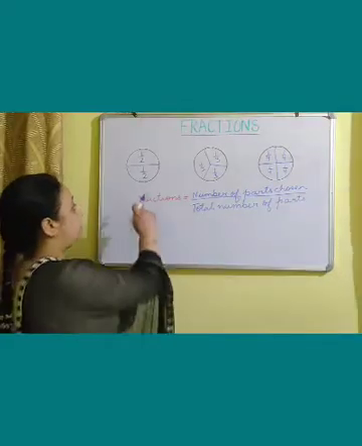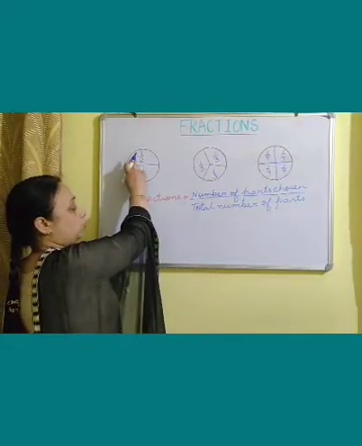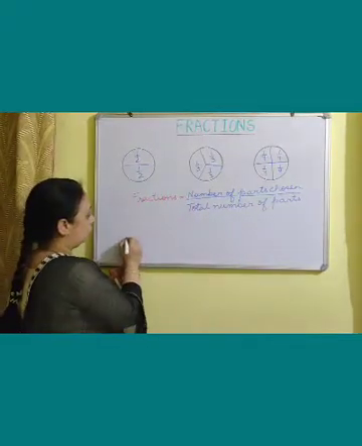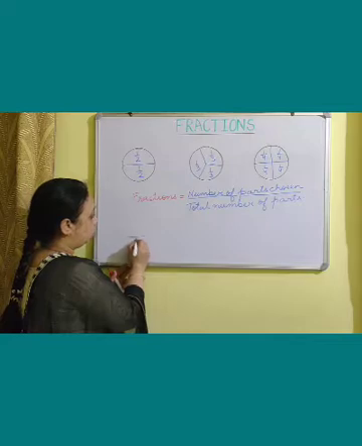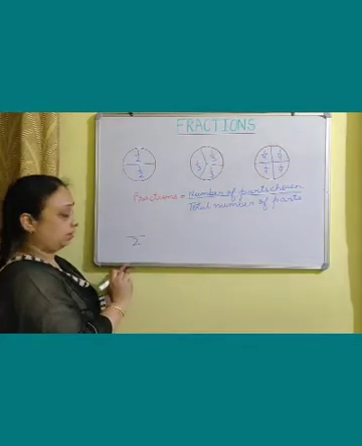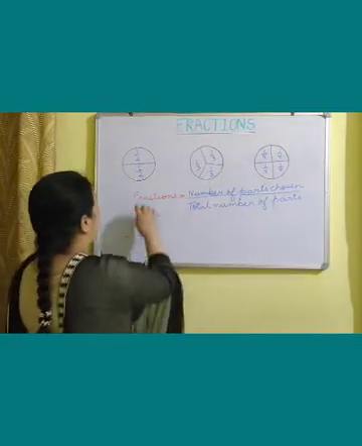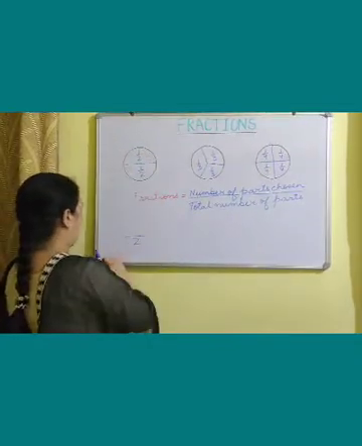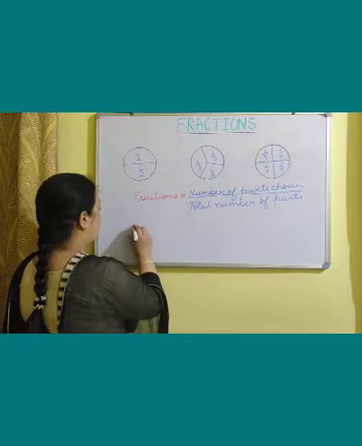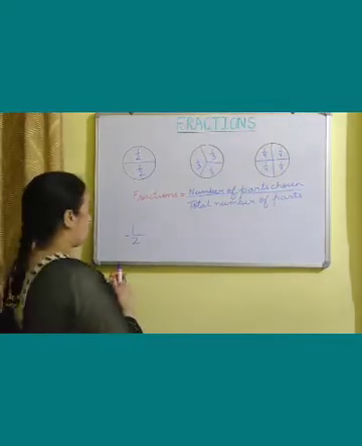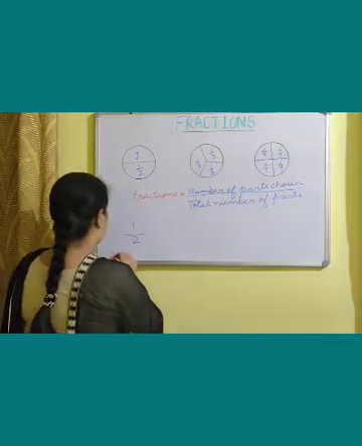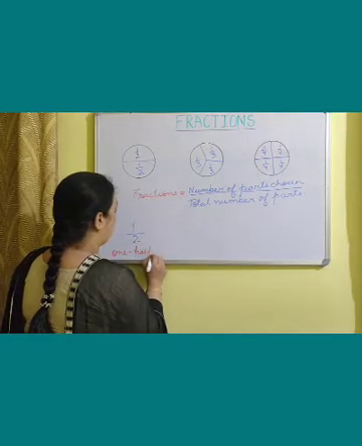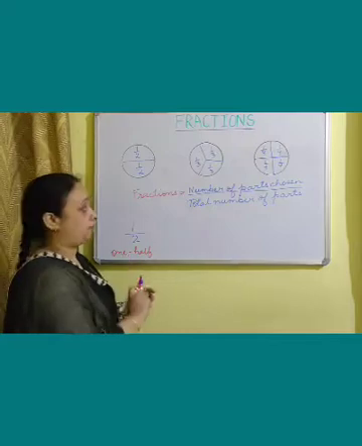Now here we have divided this into 2 equal parts. So the total number of parts is 2 here. So we'll draw a line and we'll write the total number of parts here. Now the number of parts is 2 here. So one part we have chosen, so we'll write 1 here. And this is 1/2 of it. So 1/2 is also known as half.